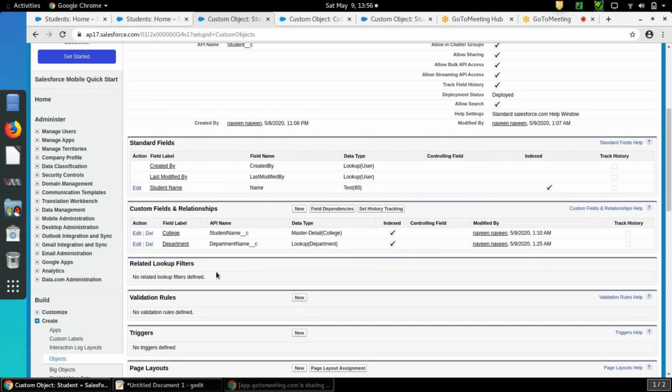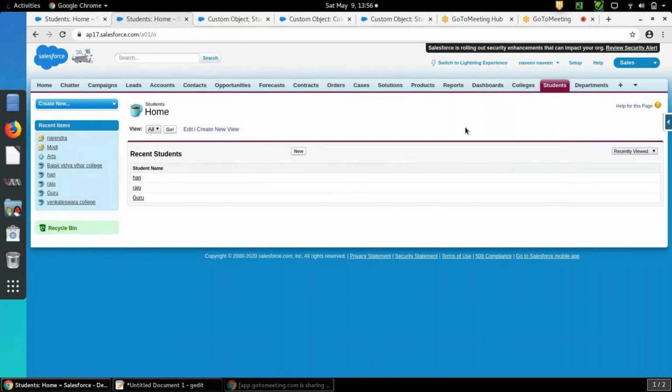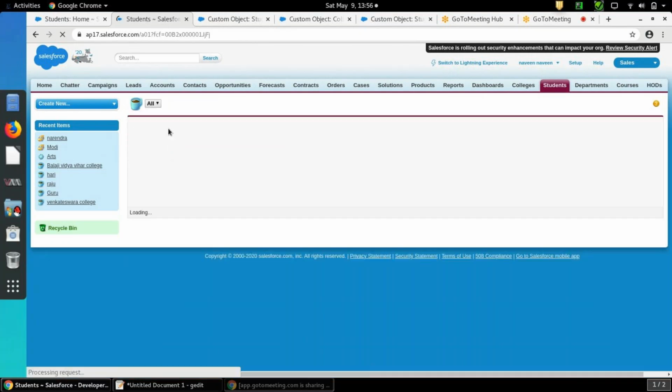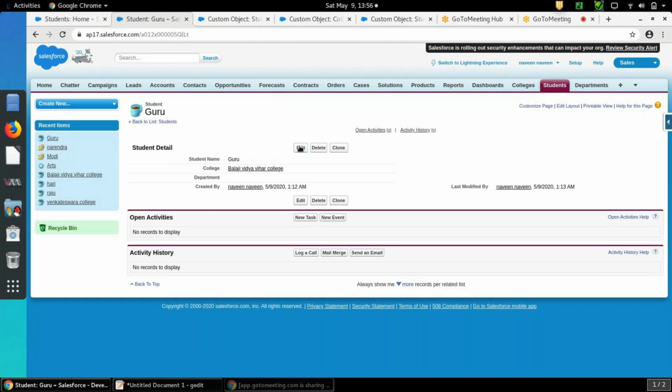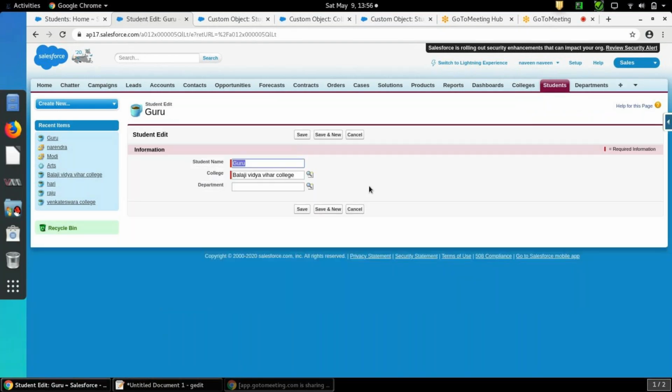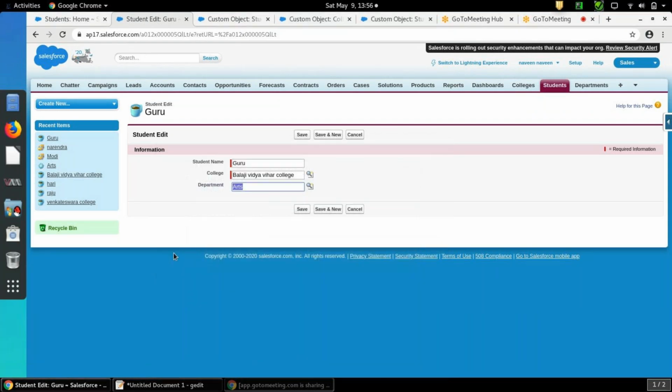Okay. What I will do now, I will go to the students object. So I have three students. Click on this edit. I am selecting the respective department. We need to populate, right? Arts.